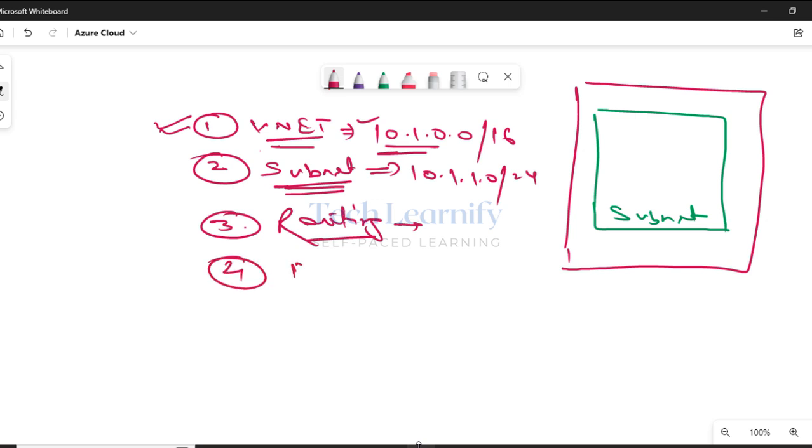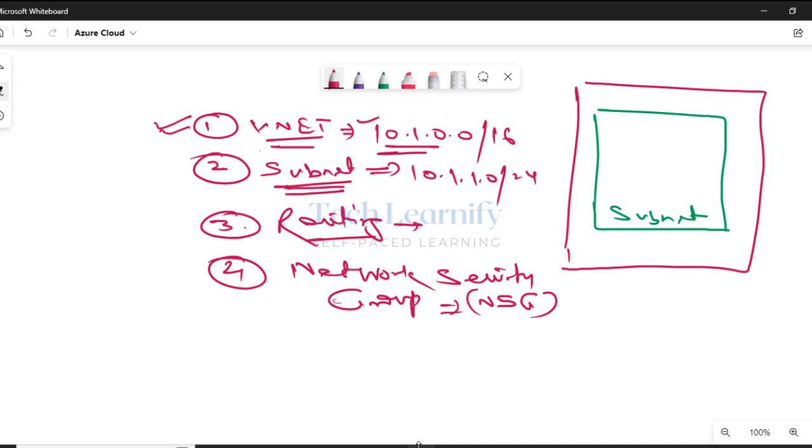And then network security group, NSG, right? NSG is very similar to an access control list, but an access control list is stateless, not stateful, whereas a network security group is a stateful virtual firewall. So network security group is a stateful virtual firewall,